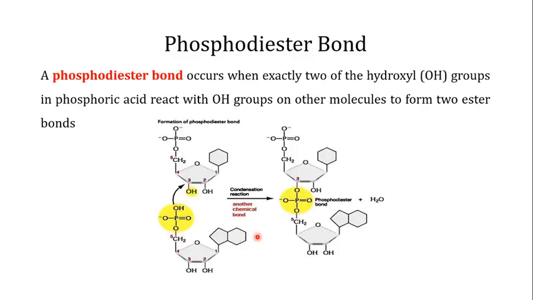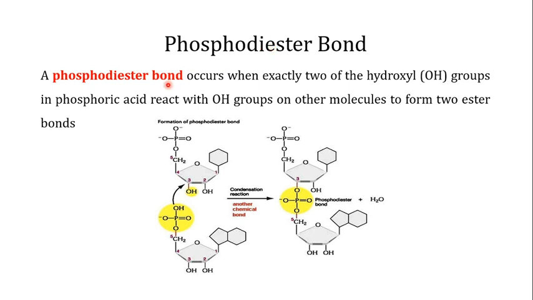One of the important things to keep in mind is the phosphodiester bond, because these are the bonds that connect the 2 nucleotides to each other in a single strand of DNA. It is very important to keep in mind that the phosphodiester bonds are present in a single strand of DNA, and the 2 strands of DNA are not connected to each other by phosphodiester bonds. They are actually connected by the hydrogen bonds between adenine and thymine and between cytosine and guanine. So what is a phosphodiester bond?